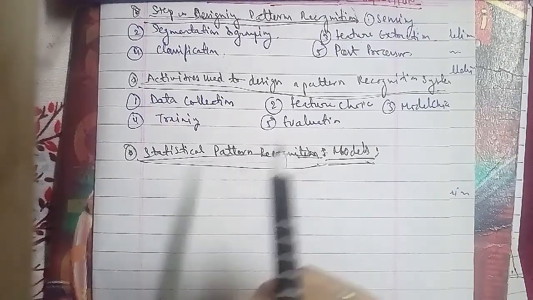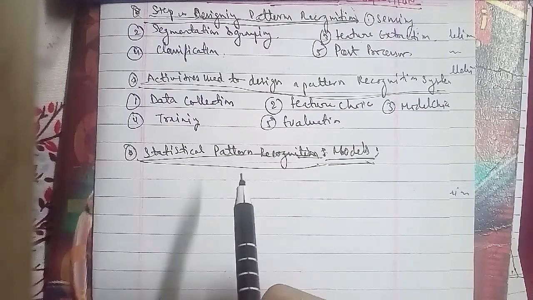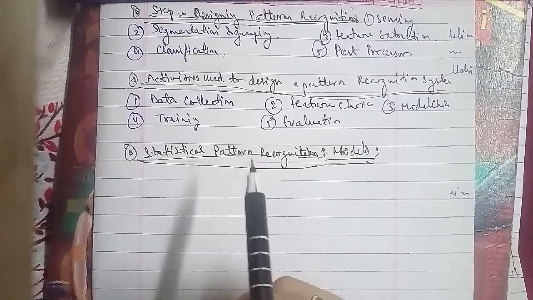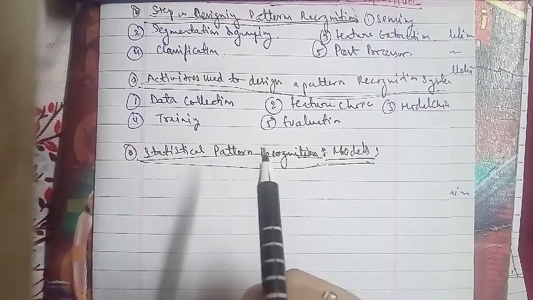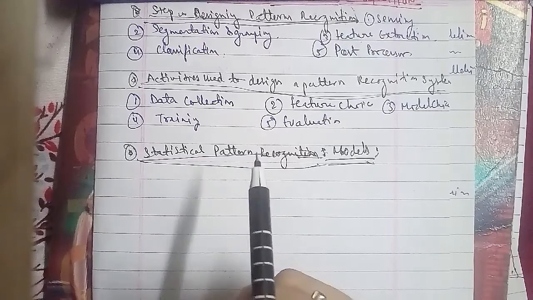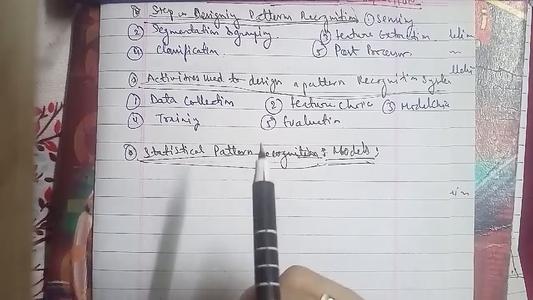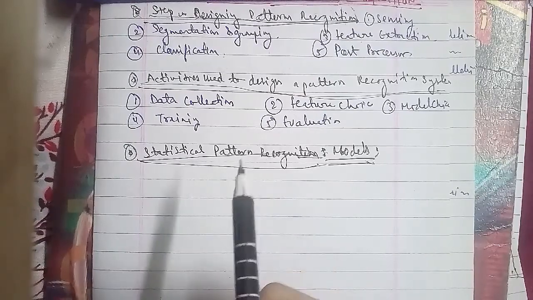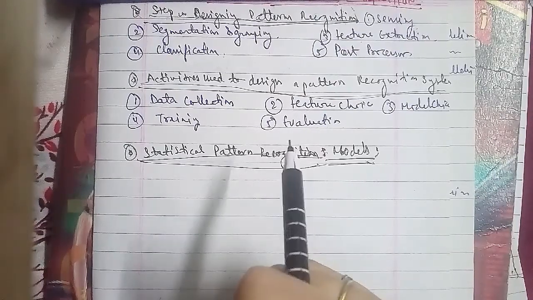Decision rules are used to define the decision boundaries of the classes. Now, based on the decision boundaries, the classifiers are designed. The pattern is classified from the available information about the class conditional densities. If all the class conditional densities are completely specified, then the optimal Bayes decision rule can be used as well.